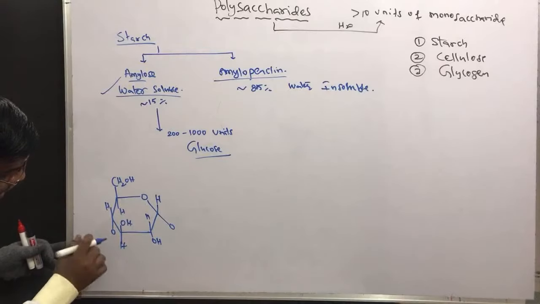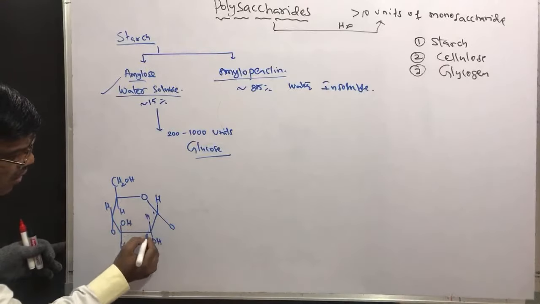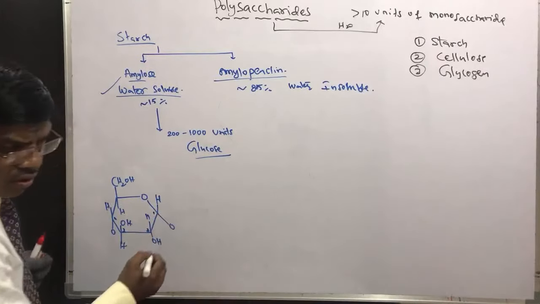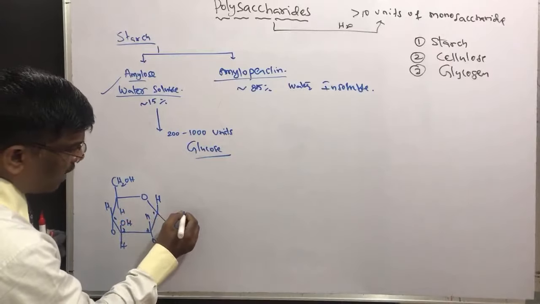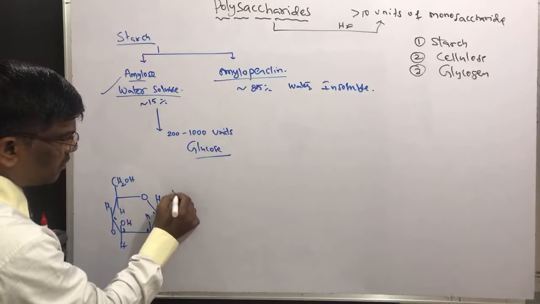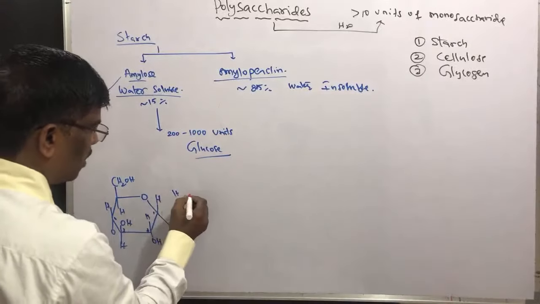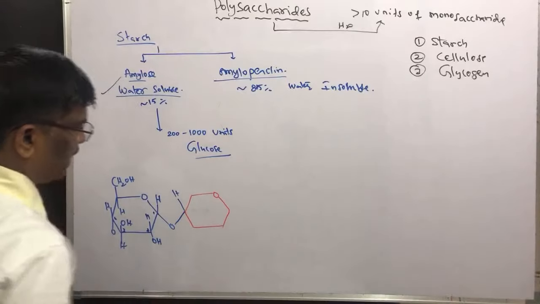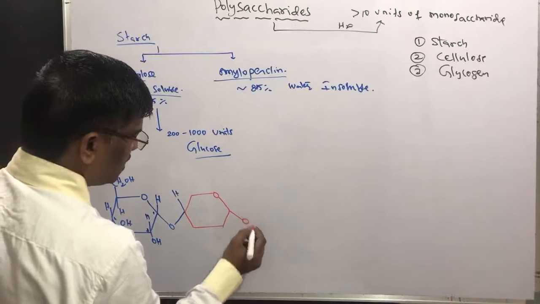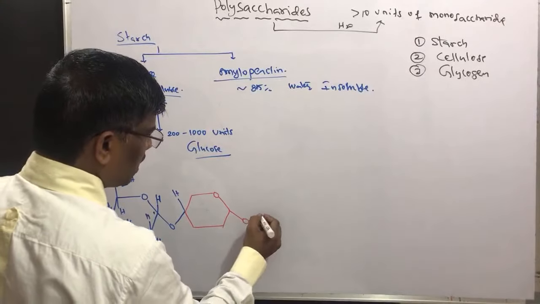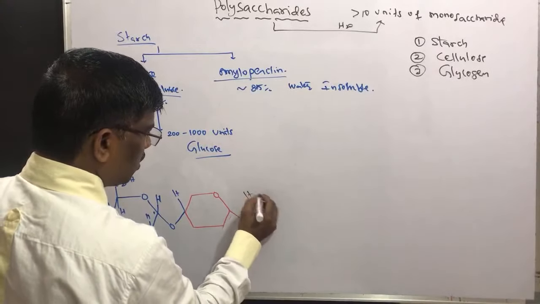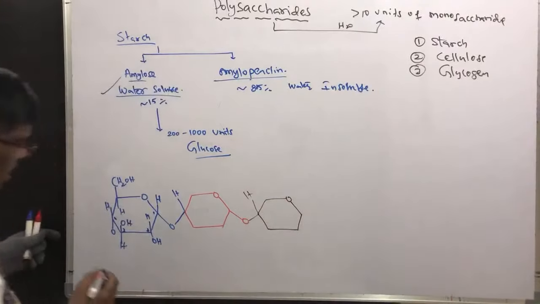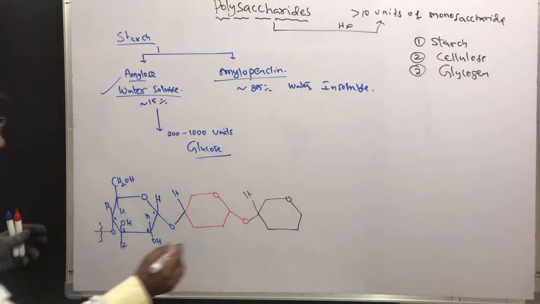It is going to link up with C1, 1, 2, 3, C1 of one glucose with C4 of another glucose, like this. So if I want, I can write like another ink. It is going to have C4 linkage, and so n molecules, n number of, it is going to have polymer chain.